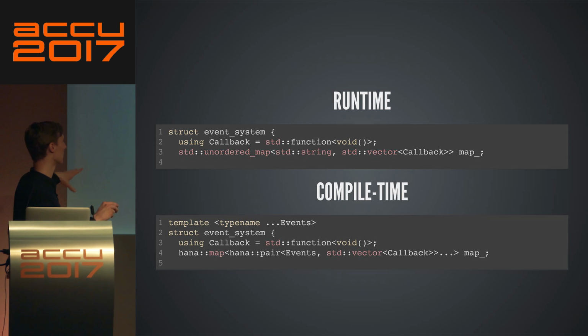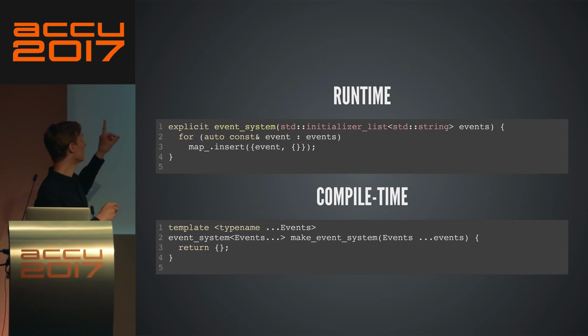Notice that the only difference is that I'm hard-coding the name of the events, which are the compile time strings given to me here, in the type of my compile time map, which is going to allow me to do all kinds of interesting stuff later on, okay?